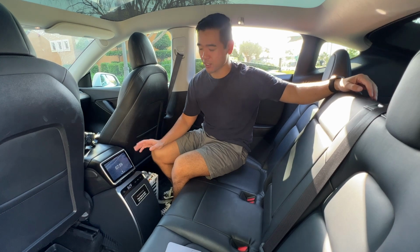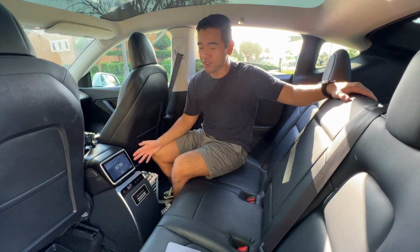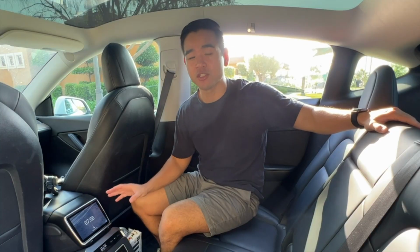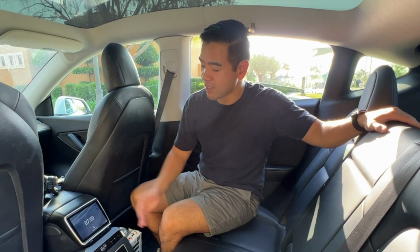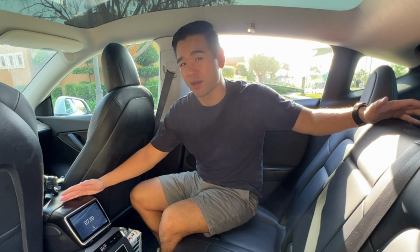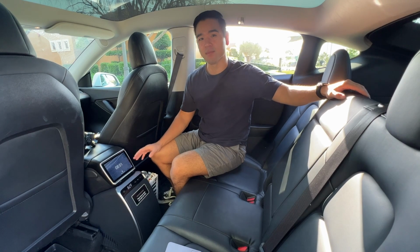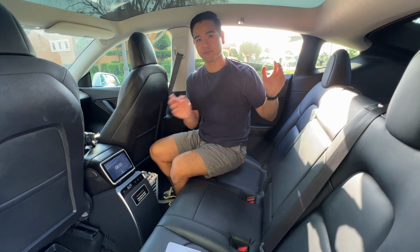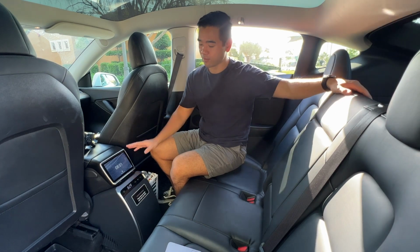Hey guys, John here, and today I have literally the coolest product I've reviewed so far. It's a fridge from TesCamp. This was specially made for a Tesla Model Y and fits perfectly under the rear passenger vents. As you can see here, I've added a screen to my car. Watch the end to see a link to that video. This fridge fits any Model Y. It doesn't matter if it's made in Fremont or Austin, whether it's 2020 or 23 model, it'll fit perfectly under